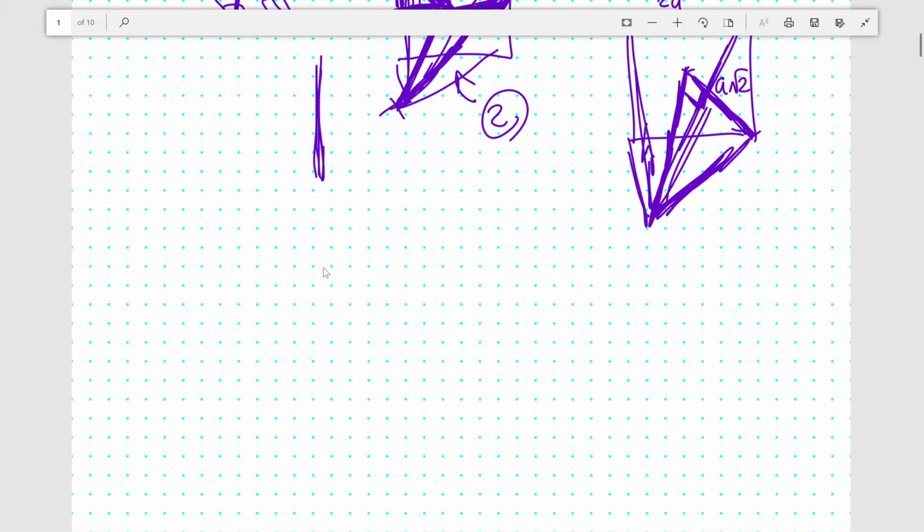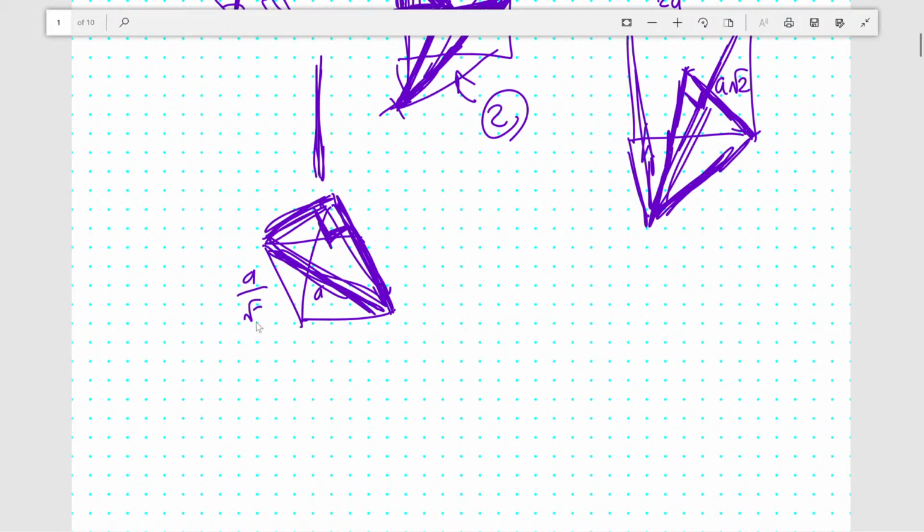And less commonly with pyramids, you also get occasionally pyramids where the angle of the apex is 90 degrees. So you'll have a really big right triangle here, but this is very rare. You have a really big right triangle here, and there's a right angle there, and you can use it to find information about basically all of the sides, because if this length is a, you know that the side of the base is going to be a over root 2. And if you know this is a over root 2,